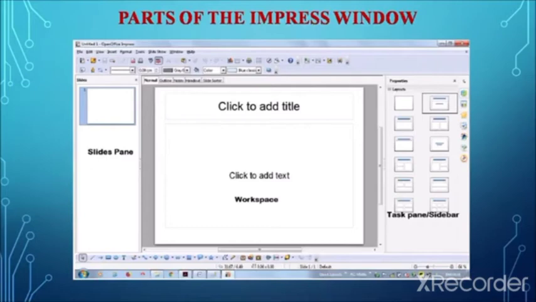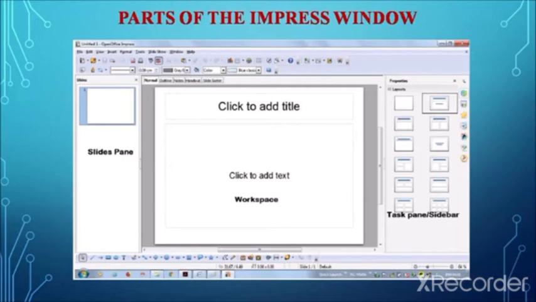First we see what a slides pane is and what content is available in it. The slide pane contains the thumbnail pictures. You can see a small square image of the existing, currently selected slide. So the thumbnails of the slides in the presentation appear in the order of the slides.